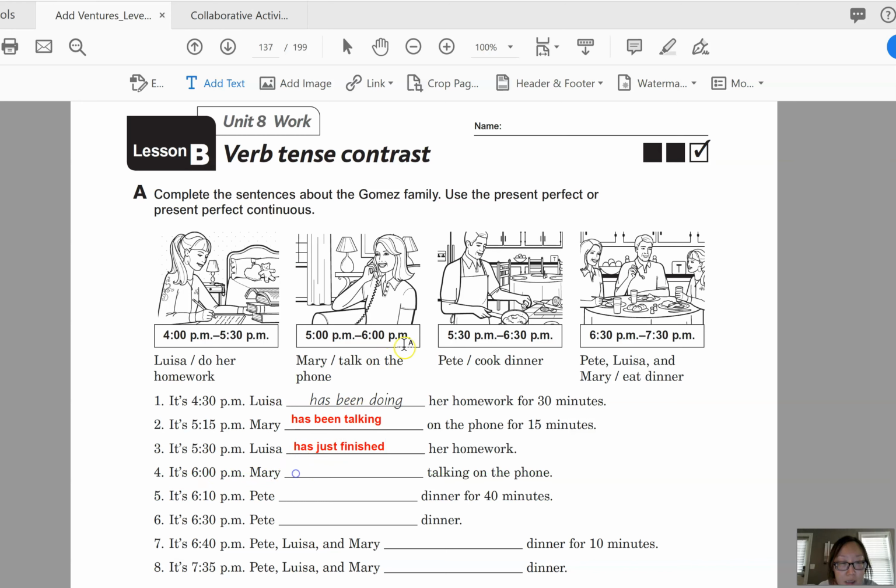Mary, and in this case too, we can see that she has finished or just finished talking on the phone. Mary has finished talking on the phone. Okay, and then number 5, it's 6:10 p.m. So let's look over here. Pete